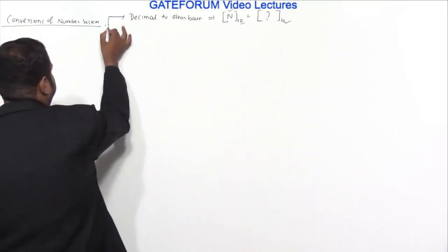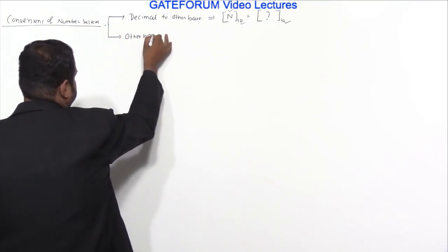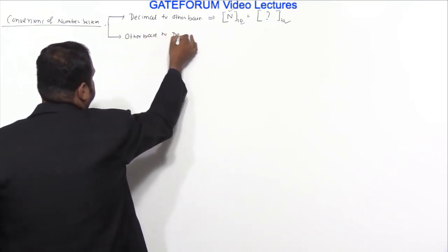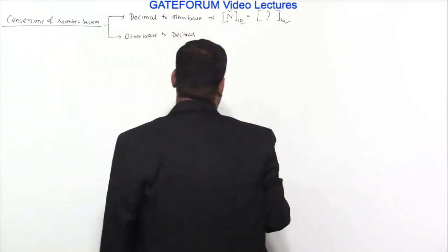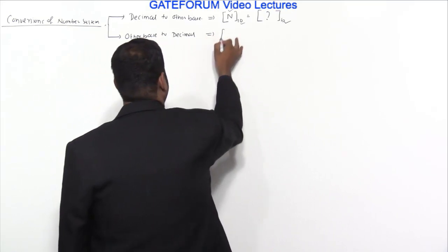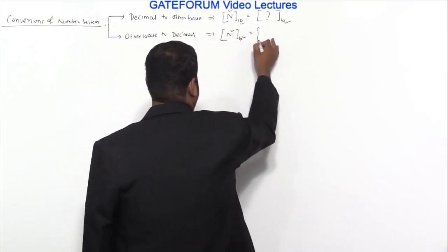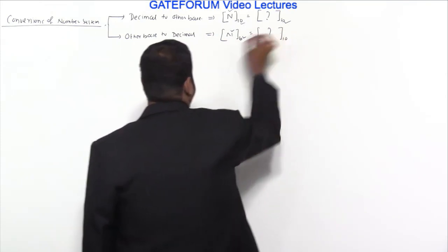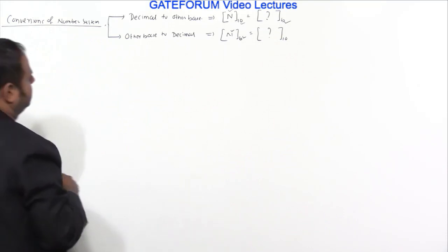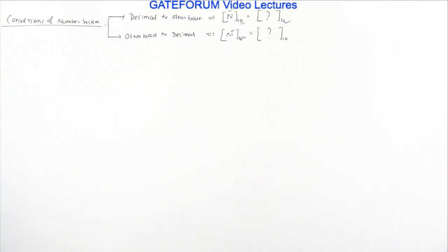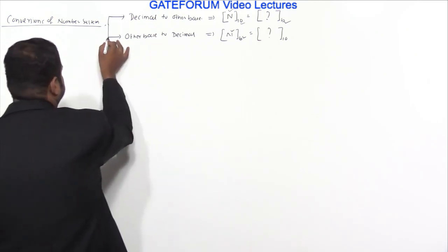And the second format we will see is other base to decimal. That means a number n will be given in some arbitrary base B, and we will be asked to find the decimal equivalent of this. These two things first of all we should know. That's why I told you decimal we are very comfortable with, so we want to make the decimal number system the reference. And the third category we will see